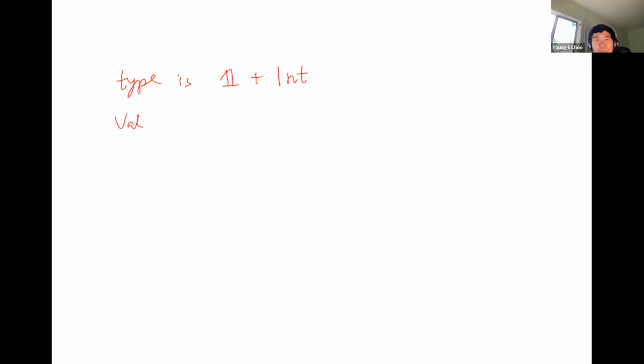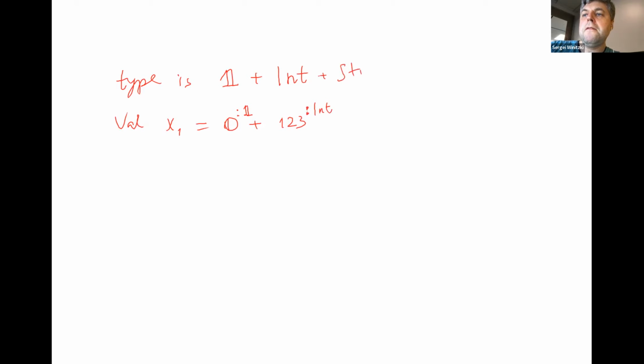Right, this is the type, but what about a value where you use the plus to mean disjunction value? Like 0 of type string plus 0 of type int, for example. Right. So this is the notation I'm using. Let's add a string here, to use plus both for the type and the value. Okay. Yeah, which again, I find a little bit confusing, but nevertheless, okay,